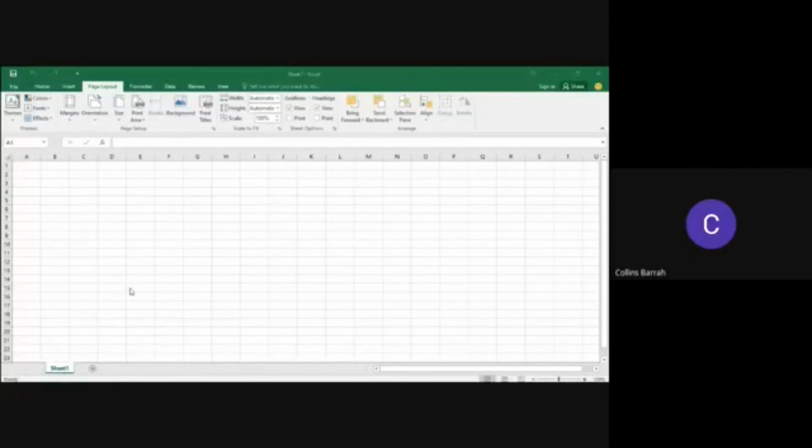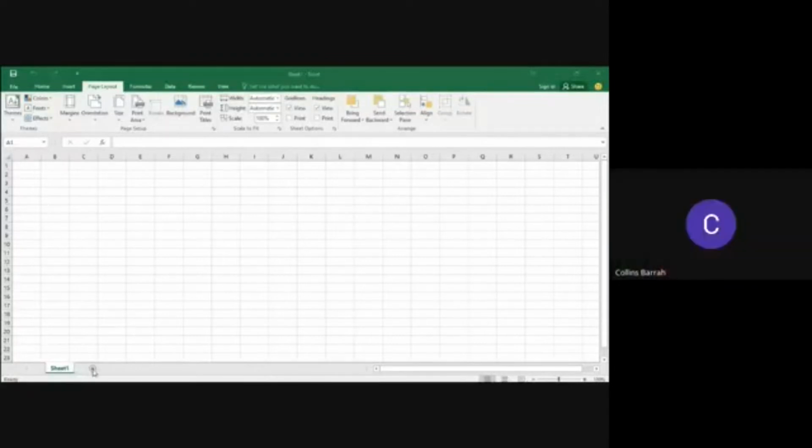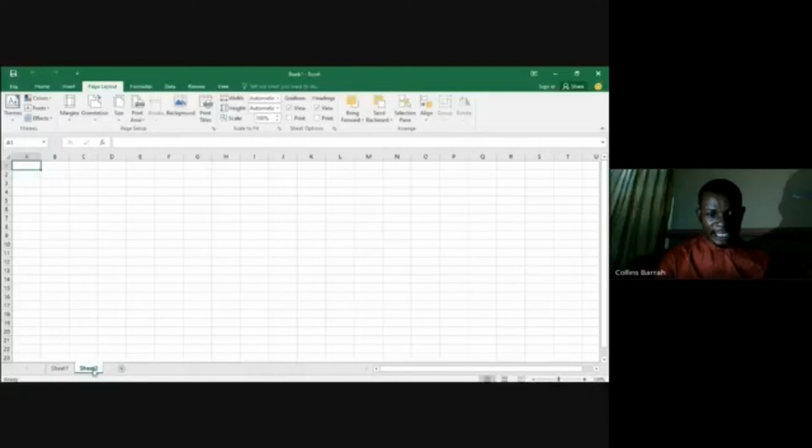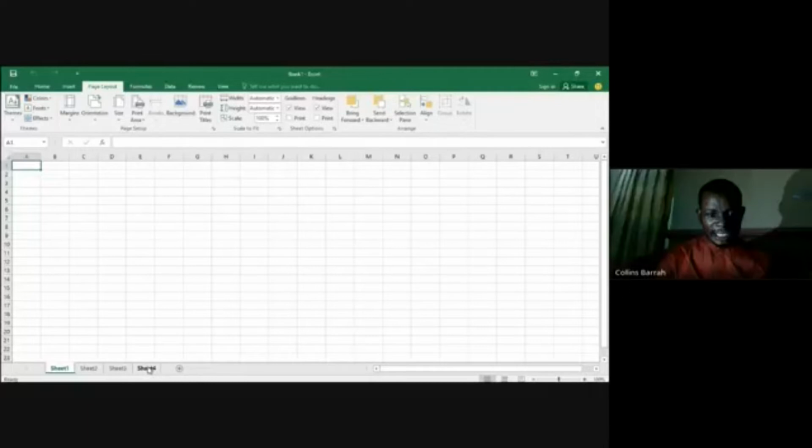Now, Excel is made up of sheets. A workbook is made up of several sheets. So down here, you have Sheet 1. You can click on this plus to get Sheet 2, this plus to get Sheet 3, and so on, etc. Now, each of these sheets, you can rename them. Let's say you are doing a work for Benue State government, and you are working for constitutional local government, Taka local government, and the Boko local government and Ukum local government,